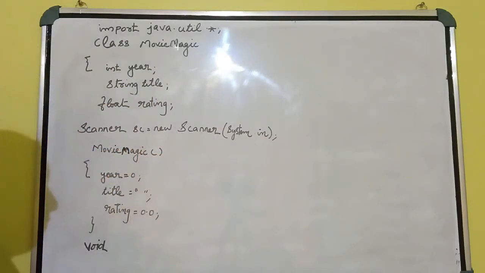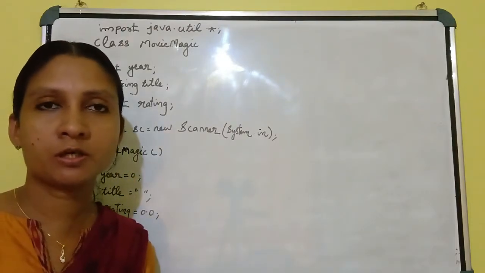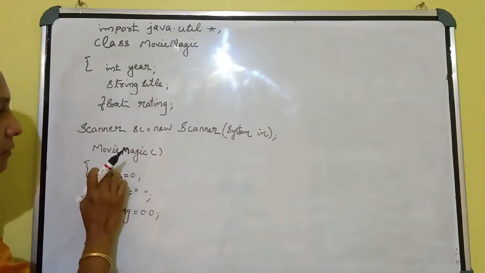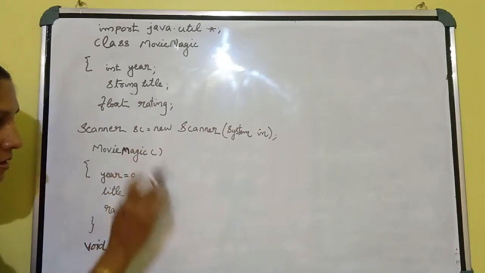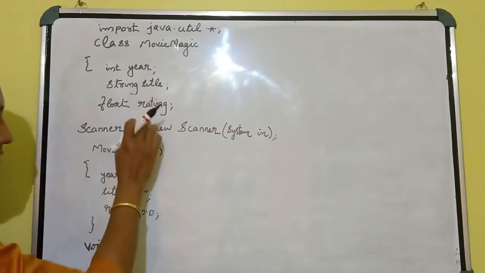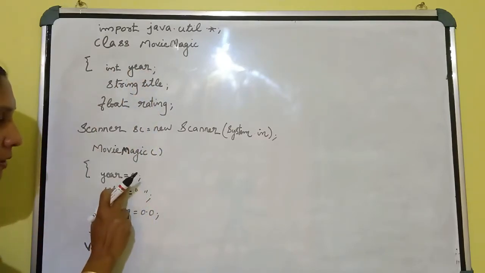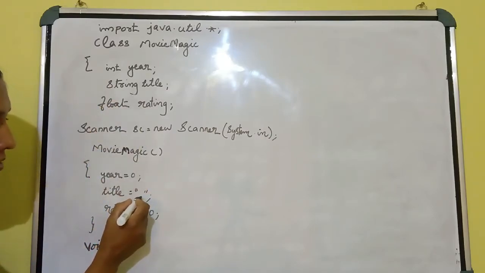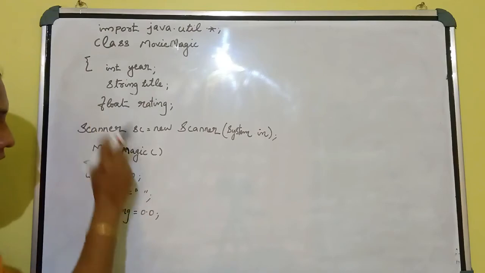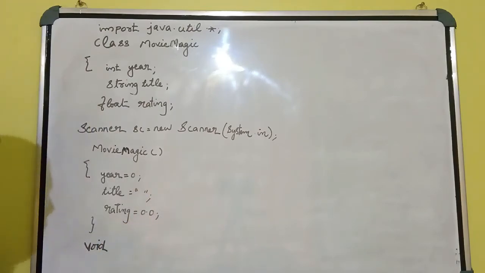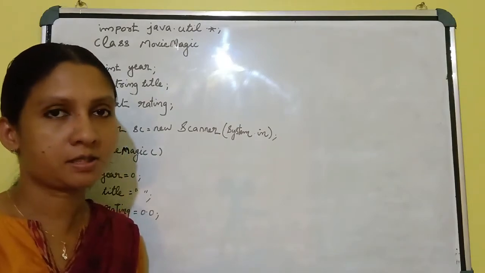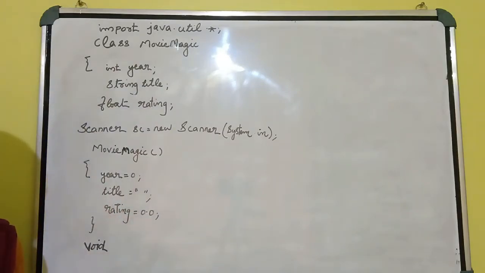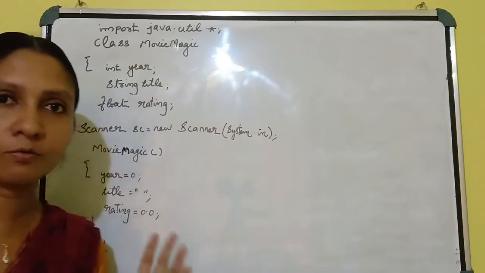Then the next step, they mentioned create a constructor. We know when you are creating a constructor, we will use the same name as the class name, with a bracket. This is a default constructor. What's the use of this one? To initialize these particular variables. Here year is an integer variable, because of that I have given 0 as an initial value. And title is a string variable, then we have to give double inverted comma. The rating is a float variable, we have to give 0.0f or 0.0. These variables you have to give like this. Understood all of you? This is the way we can create a constructor. This is the first step. You should use the same thing for all problems like these.